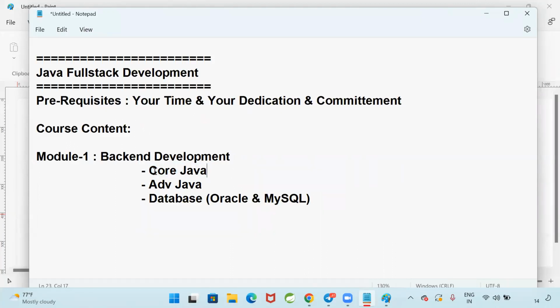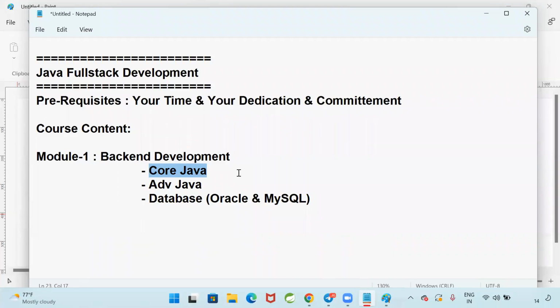Core Java is mandatory for every programmer, because you need to know what a variable is, what a data type is. If you go for DevOps also, some programming and scripting will be there. If you go for software testing also, programming will be there. If you want to survive in the IT industry, programming knowledge is mandatory. There are so many people who say, I don't like programming, I don't know programming, I want to get a software job. Nowadays, if you don't know programming, you are not fit for the IT industry. Every technology requires people who have some knowledge of programming.